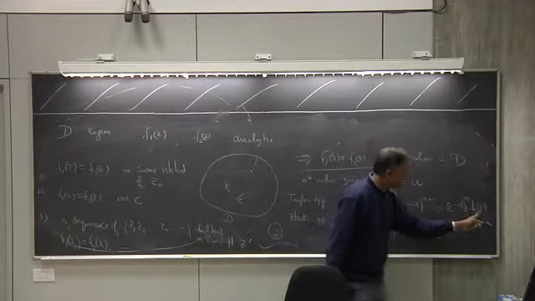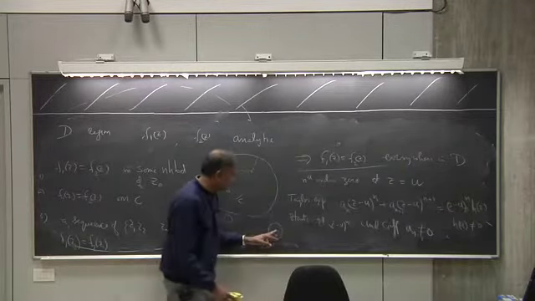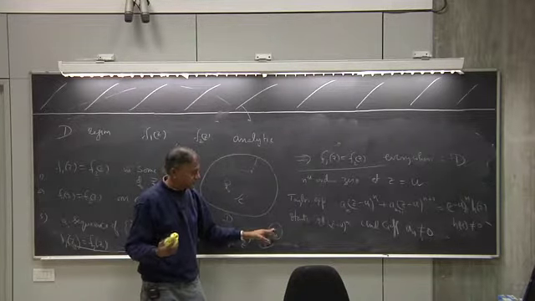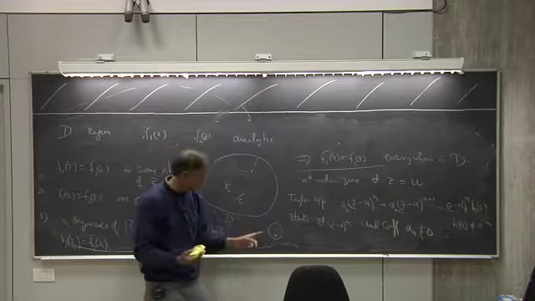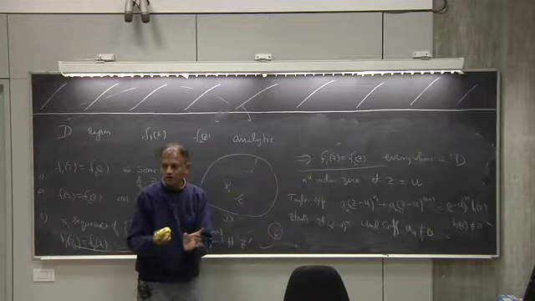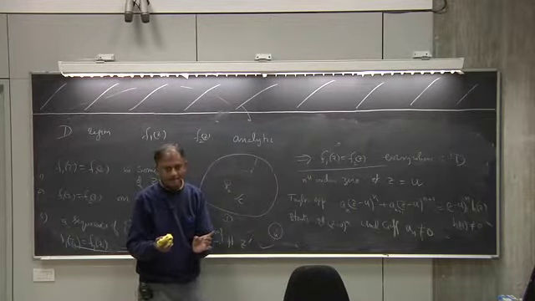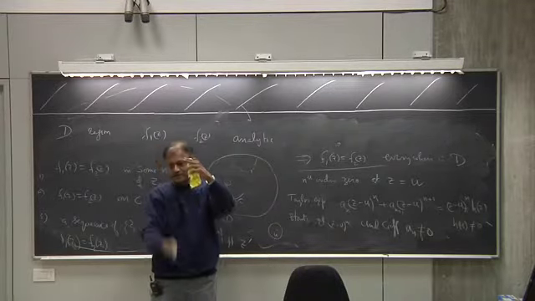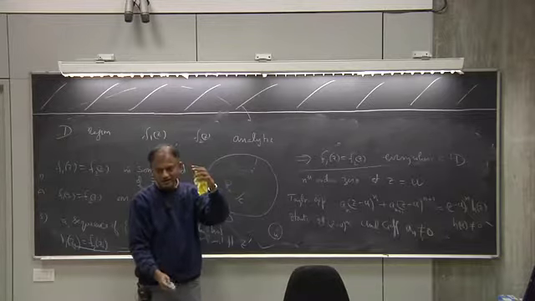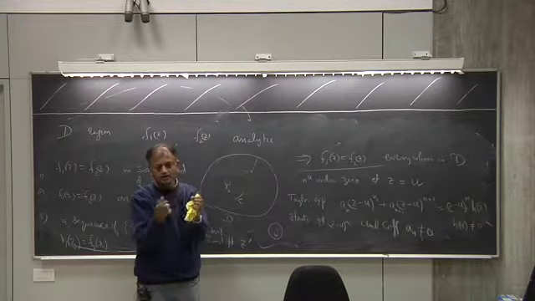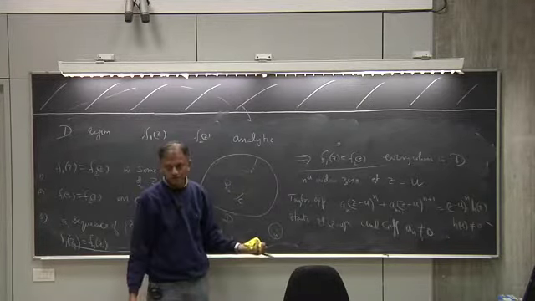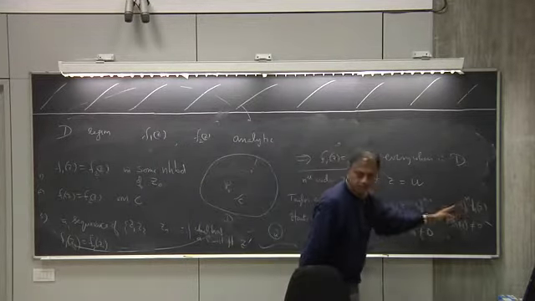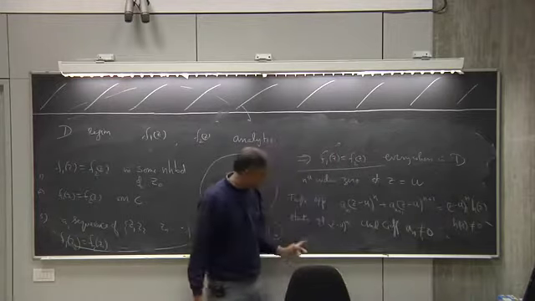Now h evaluated at u is not equal to 0, right? Because it's a continuous function, the analytic functions are continuous, in some small neighborhood h will not become 0 suddenly, right? You start with something non-zero, the very next point it cannot suddenly become 0. So there will be some small neighborhood where this h will not be 0, which means this function as a whole will not be 0 in some small neighborhood